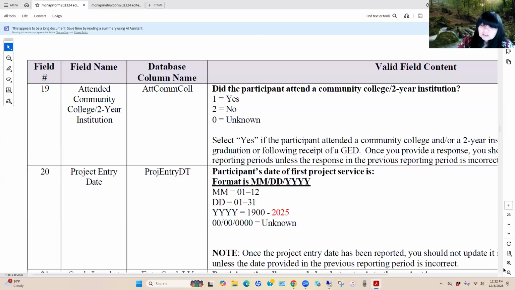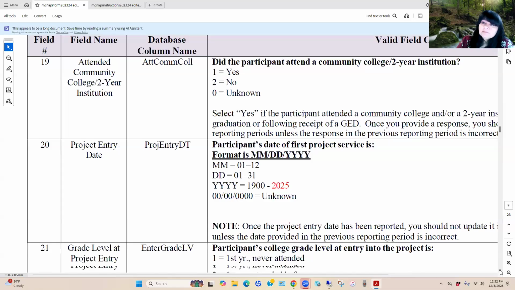And so we need to ensure that the student was served within the reporting period 24-25. There are particular error quality control checks. And if you identify a participant as being a new participant, you need to ensure that you have reported the participant within the reporting period, or you will get an error message.